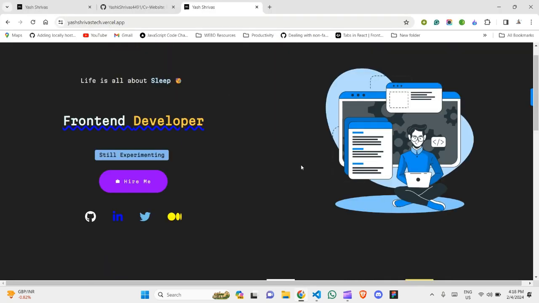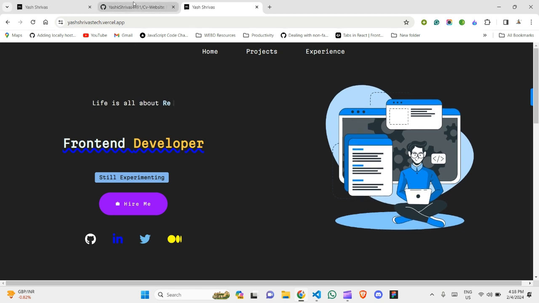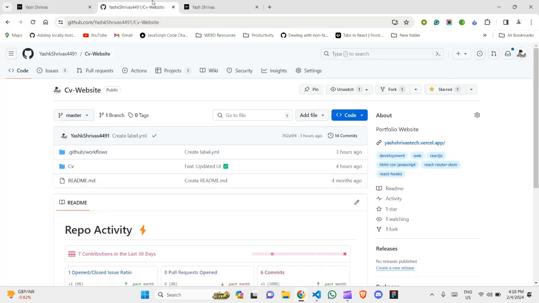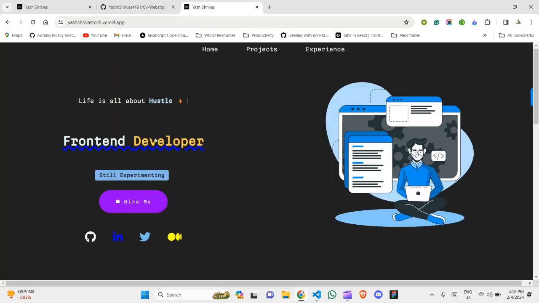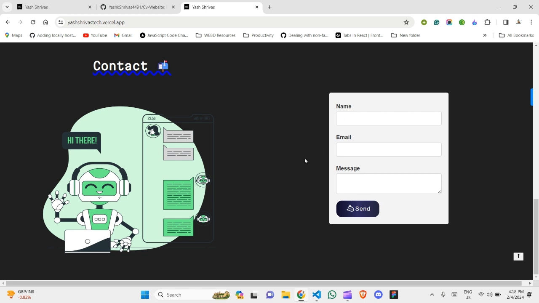So if you find some bug, just raise an issue. If your issue is good for this particular website, I will merge your PR. You can also use this website as an external website and add your